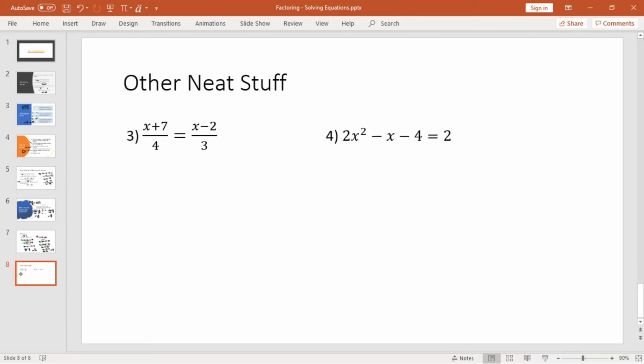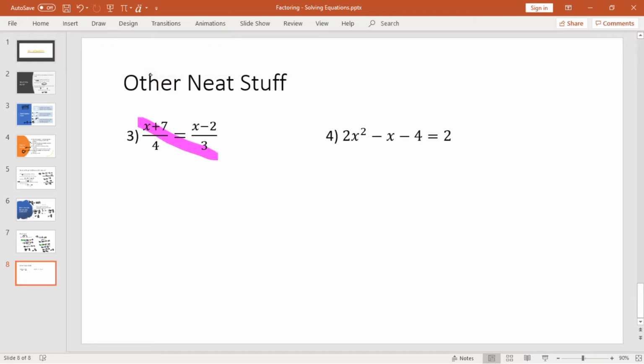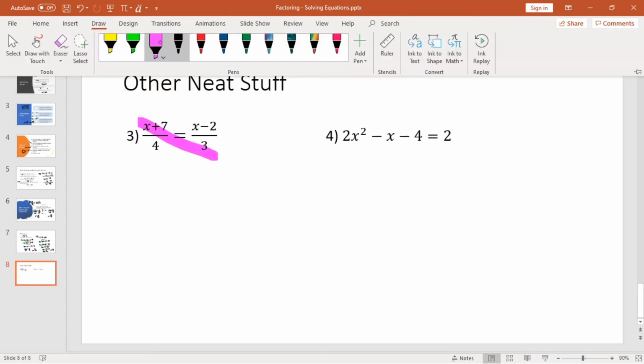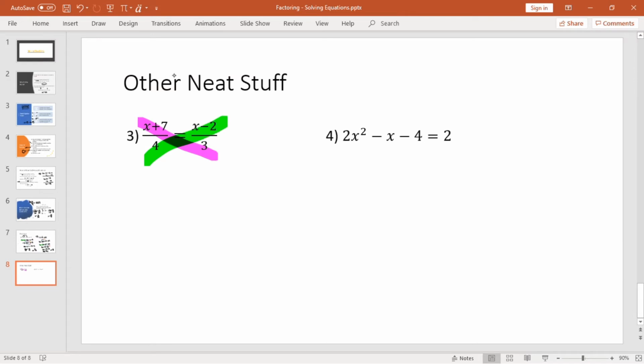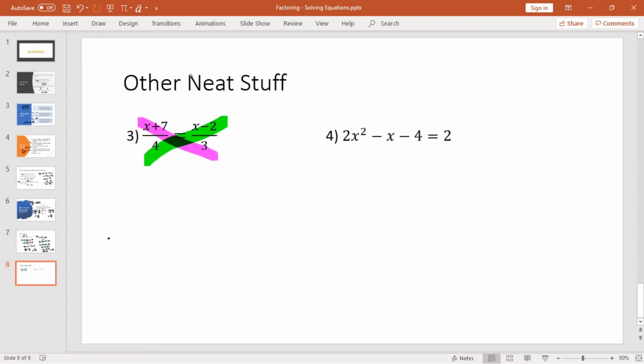Okay, I told you that we aren't going to deal with fractions, so I want to let you know what's going on here. If you have a situation where it's fraction equals a fraction, and not fraction equals fraction plus whole number, or fraction equals fraction plus fraction plus fraction, so it has to be 1 equals 1, 1 for 1, you're allowed to do cross multiplying. You don't have to use the lowest common denominator or do all the other stuff that we're going to figure out. So cross multiplication, you need to have an equal sign in between two fractions, and you basically take, in the pink, you're going to do